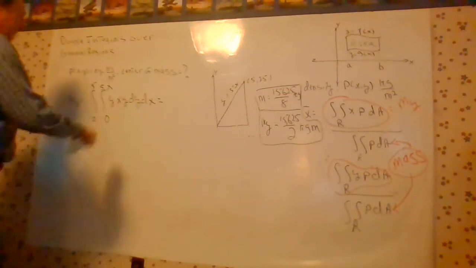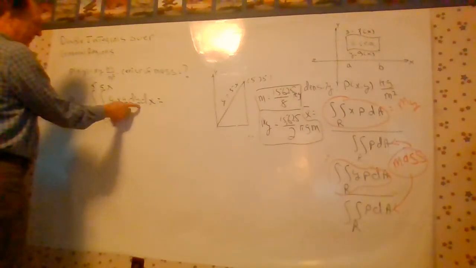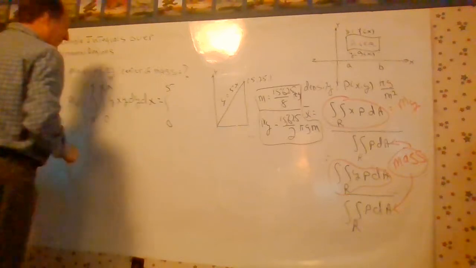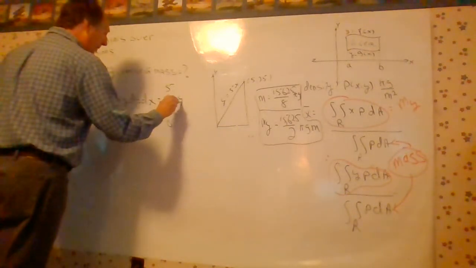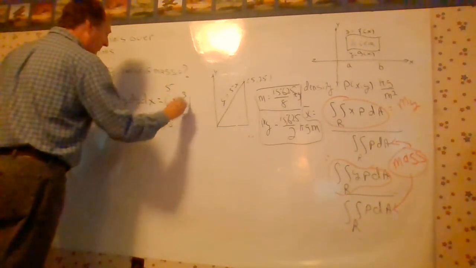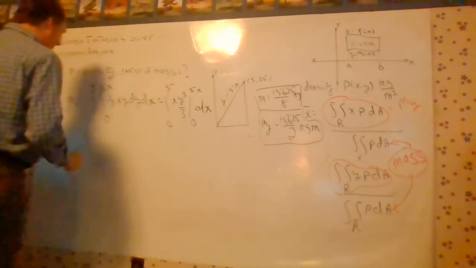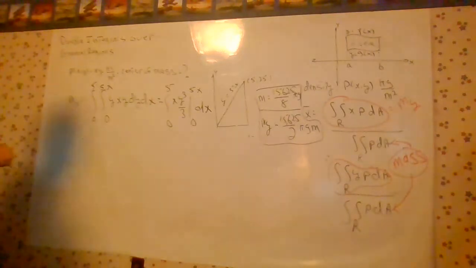And we have xy squared. Y squared dy is really what we integrate. So we're going to integrate 0 to 5, x y cubed over 3 from 0 to 5x dx equals,